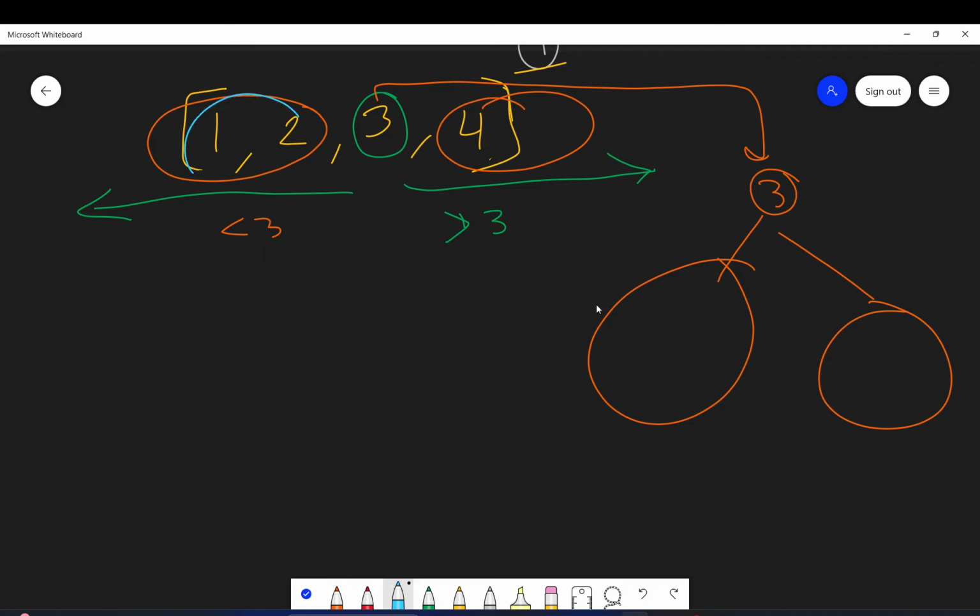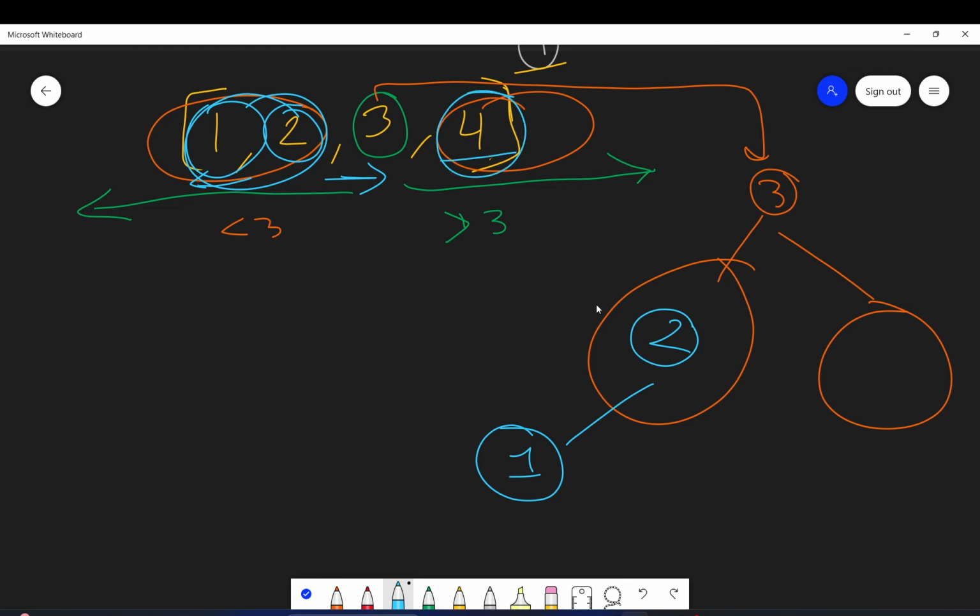So when I get to this now, I will make one of them the root node, and on the right there is nothing, but on the left whatever is there will go on the left subtree of this. Similarly, recursively I go here, whatever is on the left of it will go to the left side, whatever is on the right of it will go to the right side. So this 4 will come here, and there is nothing on the left, so nothing will come here, and there is nothing on the right of it, so nothing will come here.